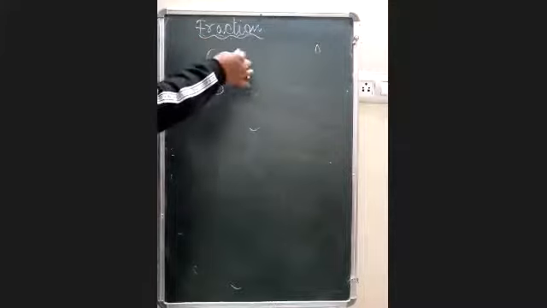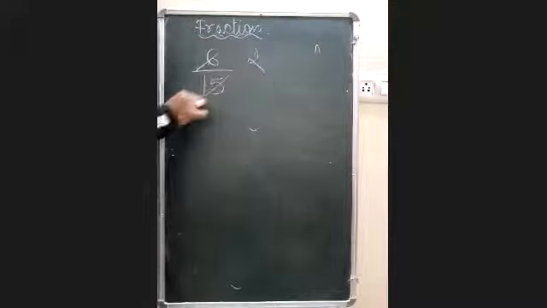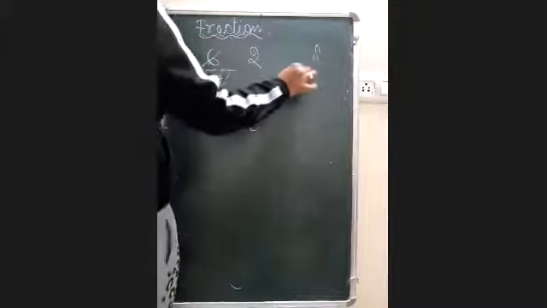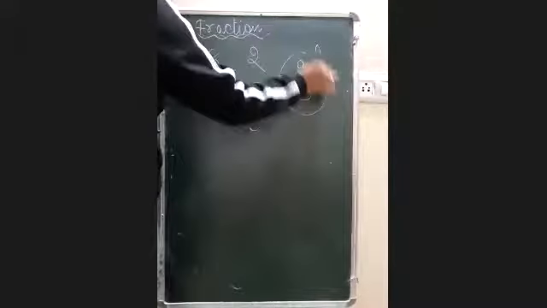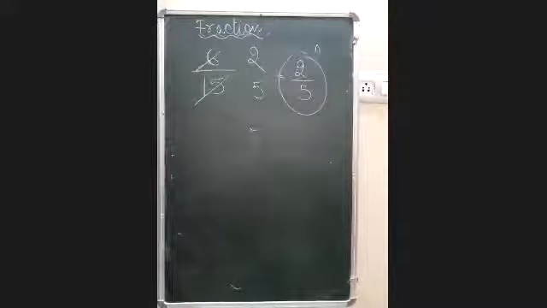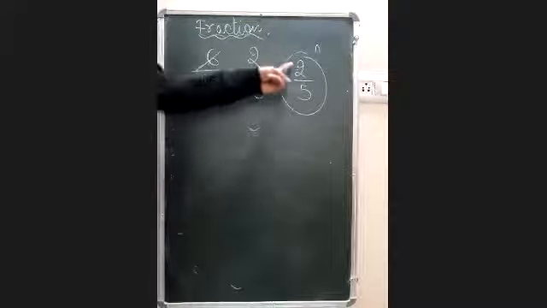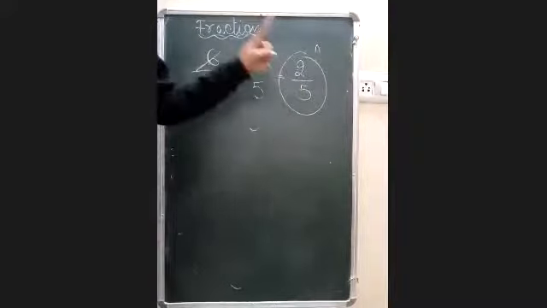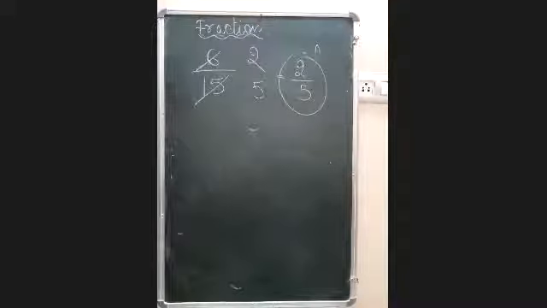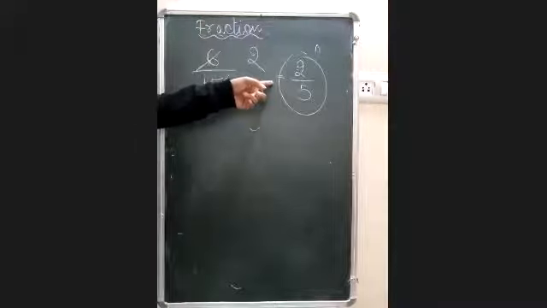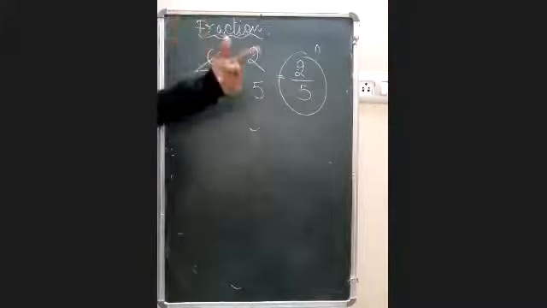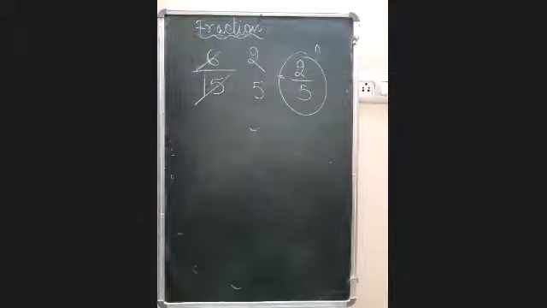So you can cut it by 3: 3 twos are 6, and 3 fives are 15. Now 2 by 5. Now look here, 2 and 5. This is the simplest form. Why is this the simplest form, beta? Because after 2 and 5, it cannot be cut further, because the HCF of both the numbers is 1 now. This is one way of solving for the standard form or simplest form.